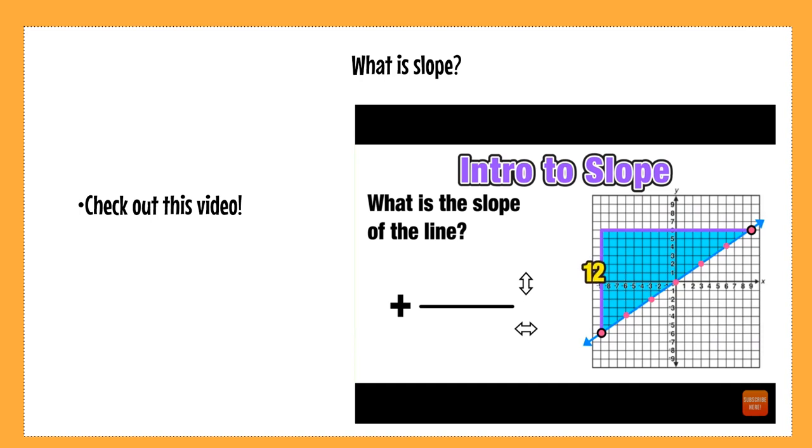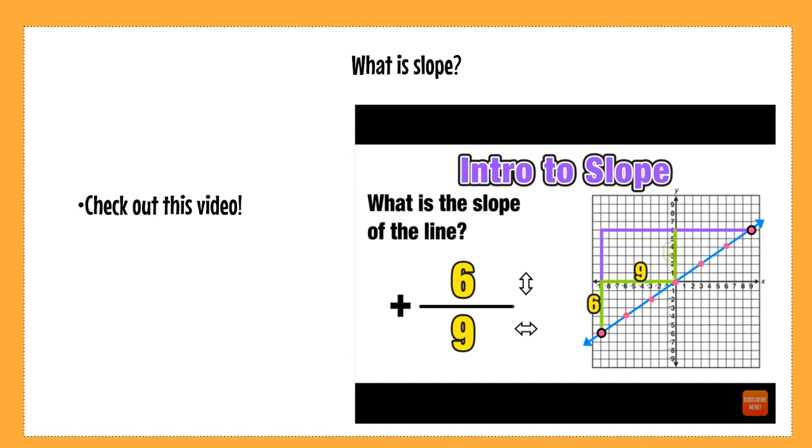If we count the number of units upward, we rose 12, and then our run was 18 units to the right. So we can express our slope as positive 12 over 18. However, 12 over 18 can be simplified. We divide those both by 2, we get 6 over 9. That means that if I start from the same point and this time rise 6 units and then run to the right 9 units, I'll still end up on the line, just a different point.